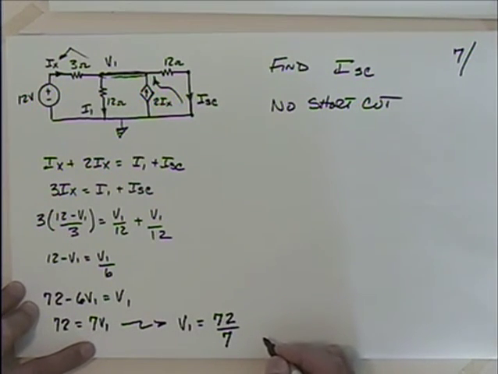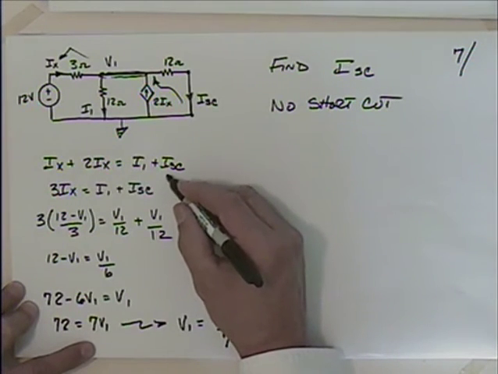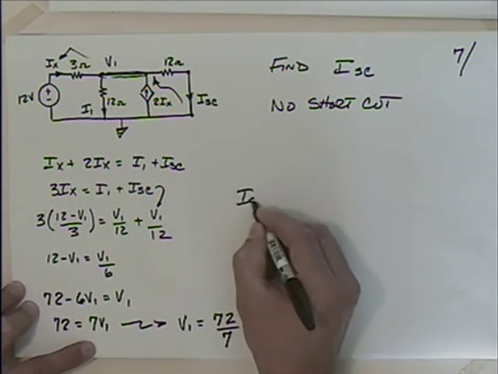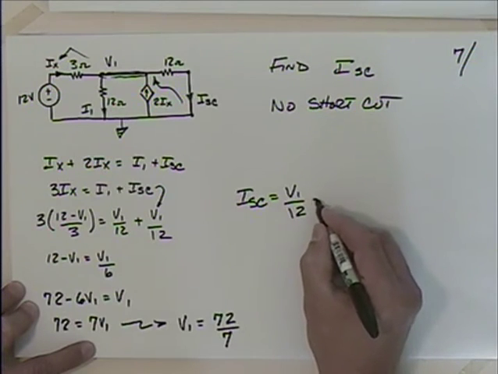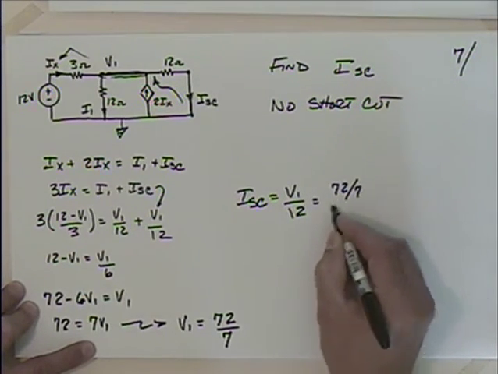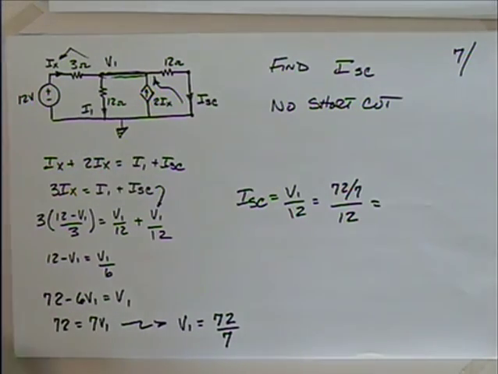Okay. Well, what good is that? Well, right here, I short circuit. We know that I short circuit is V1 over 12. So I short circuit is equal to V1 over 12. So I get 72 over 7 divided by 12. I'm just going to go ahead and evaluate that,